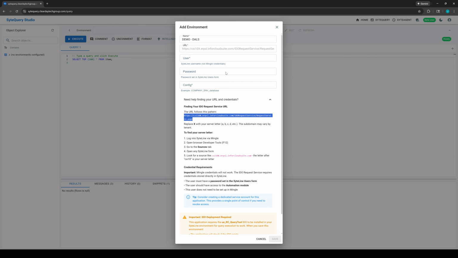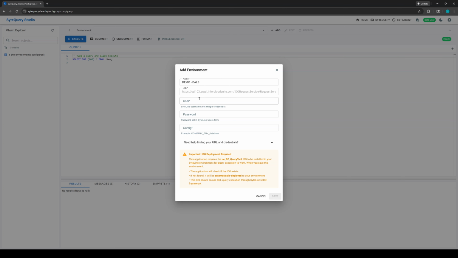I'm just going to make a quick copy of that because I know what mine is. The configuration will be the configuration that you see when you log in to whatever environment you're in. The username and